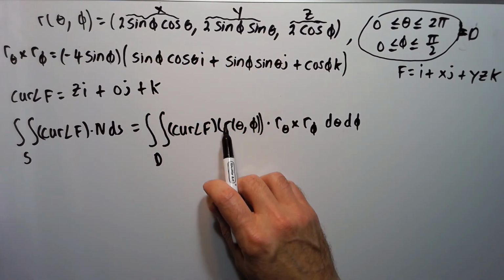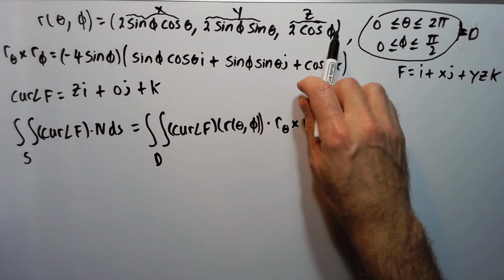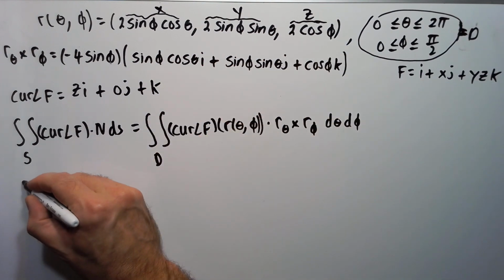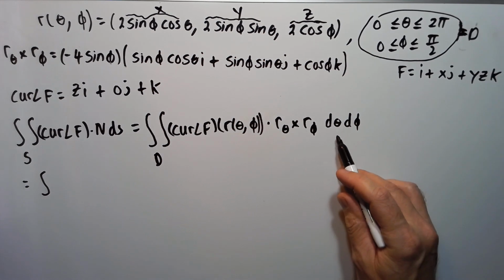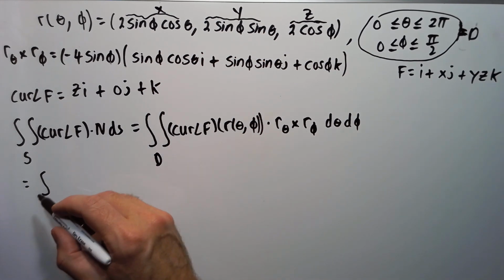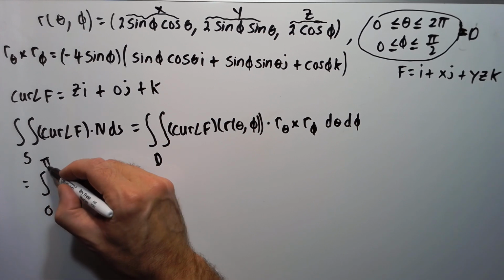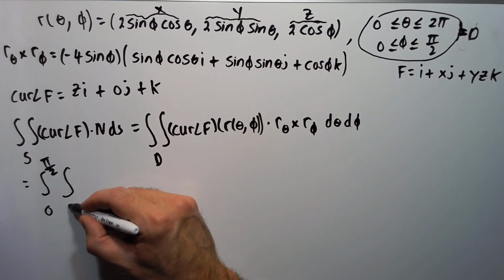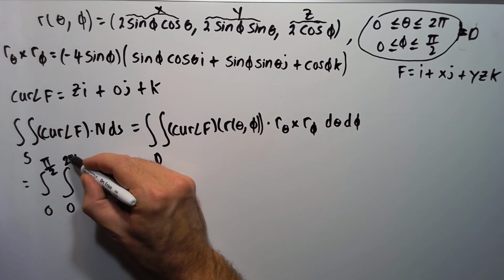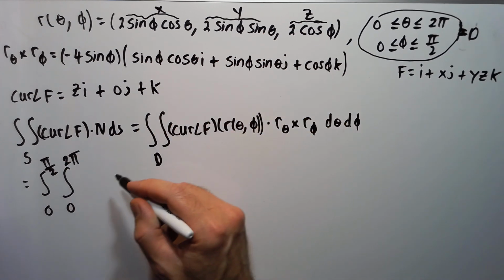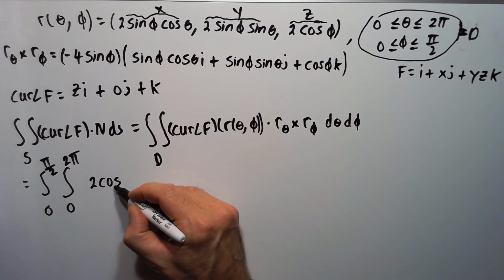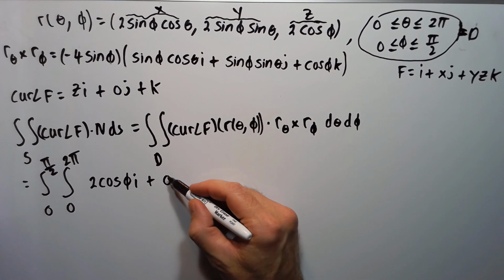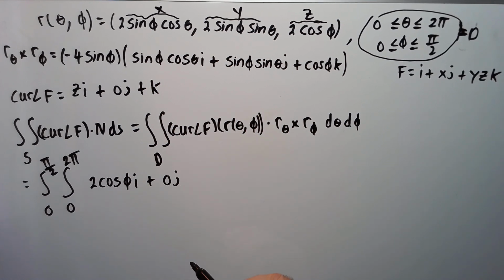So it's going to be curl composed with r of theta, phi, sorry. So it'll be z i, but z now is 2 cosine phi. I'm going to go theta first, and then phi, so phi is going to be on the outside, so it'll be 0 to pi over 2, because phi goes from 0 to pi over 2 here. And theta will go from 0 to 2 pi. Then it's going to be z, but z now is 2 cosine phi i, 0 j, plus k,